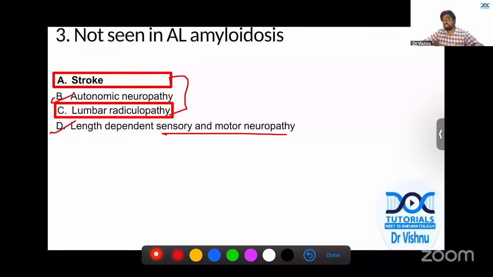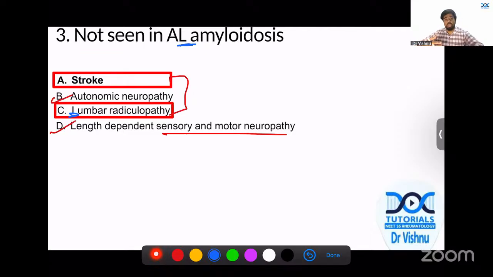Among the other two, lumbar radiculopathies are the ones that are more typically described with AL amyloidosis. Just to remember, because this is a previous year question. If this was not a previous year question, we would not be discussing it like this. But because it is previous, just remember AL amyloidosis, lumbar radiculopathy was asked. And this is slightly better because it is classically described, the radiculopathy is classically described with AL and ATTR amyloid, right?